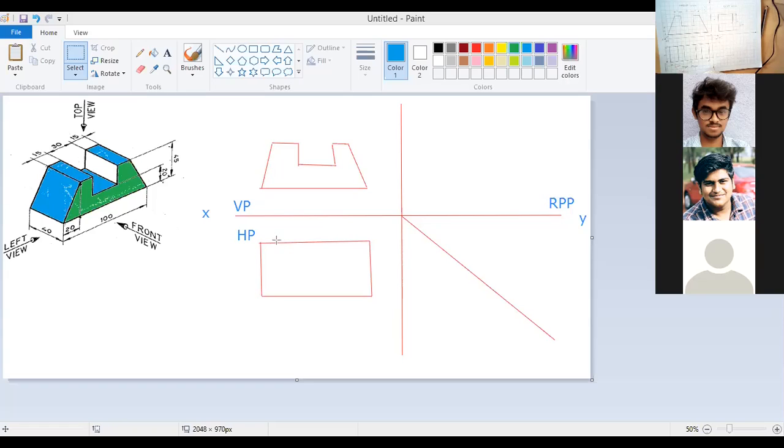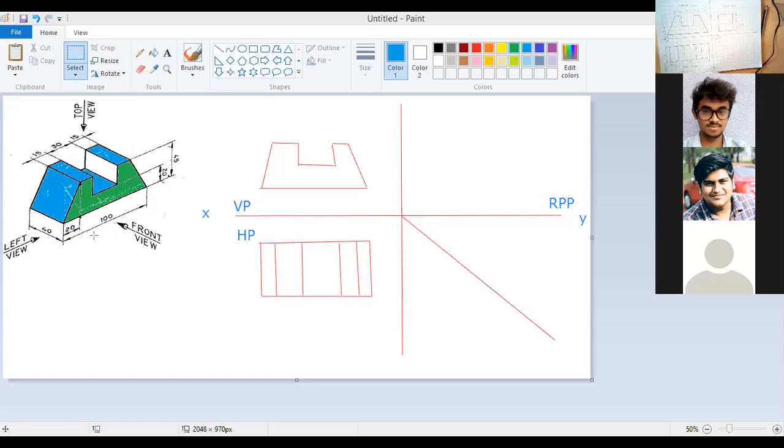And see, this edge is seen. This 15 mm edge is seen. So that will be a dark line. And this edge is also seen. Again, this is a dark line. This edge is seen. That is a dark line. Again, one more, this edge is seen. This will be a dark line. If I start coloring this, all these things will be in blue color. This will be in green color, just for representation and understanding purpose.